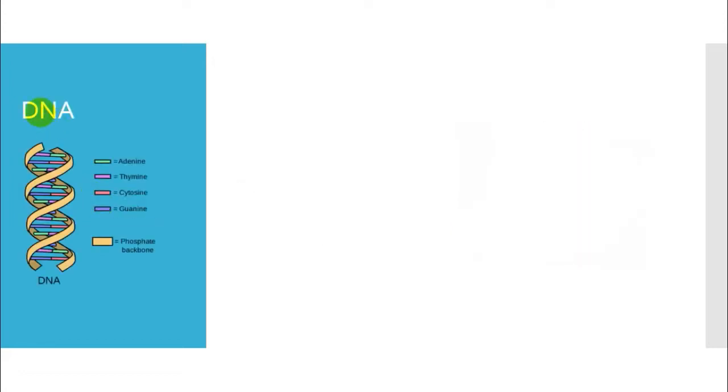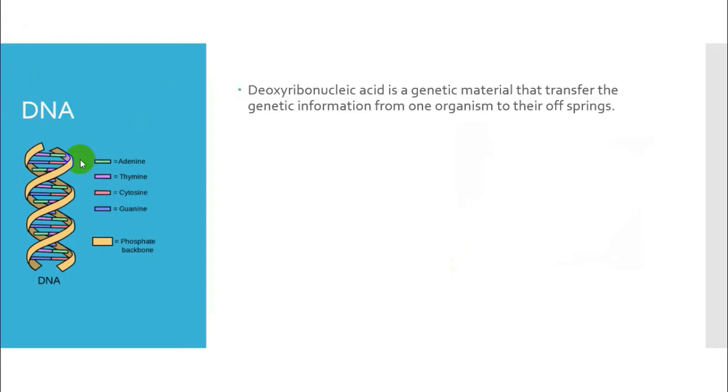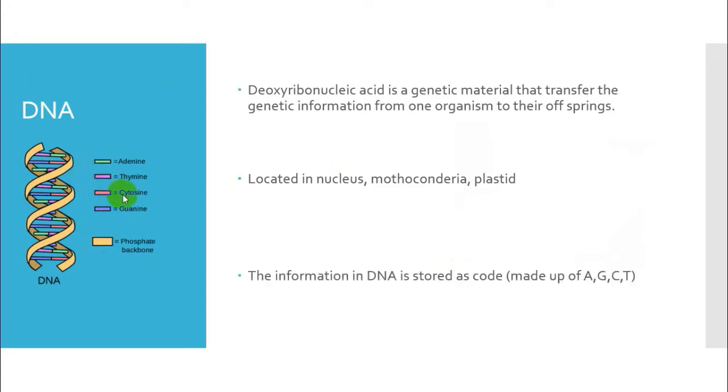Now let's talk about DNA. DNA or deoxyribonucleic acid is a kind of nucleic acid which is responsible for storing genetic information and passing this information from one generation to another one. It is made up of nucleotides, by the way, and is also located in the nucleus, mitochondria and plastid. The genetic information inside DNA is stored as codes, and guanine, cytosine, thymine and adenine are the bases which are responsible for